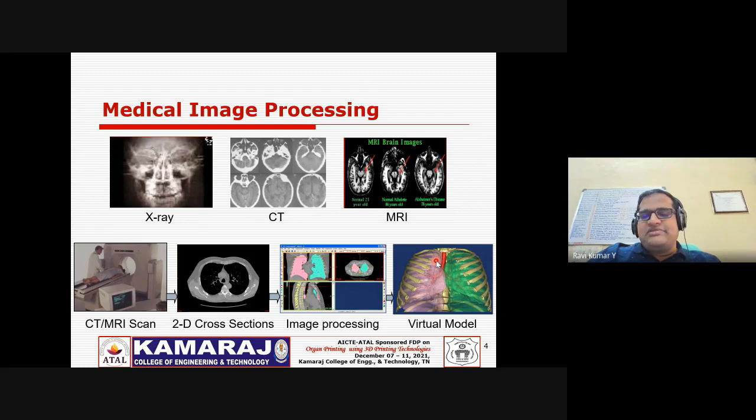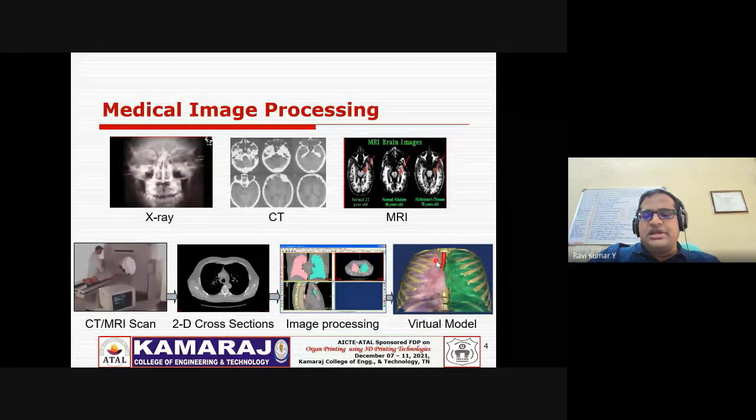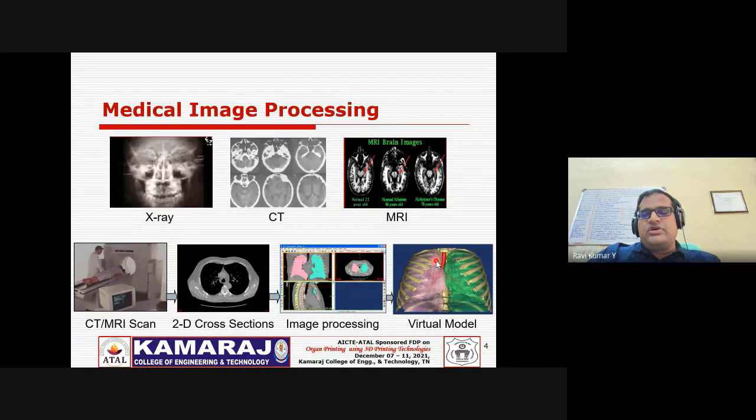Typically it will be an STL file, but in recent times it could even be other file formats that printers can understand and take as input data. And then once you have generated your data, which is understood by the 3D printer,